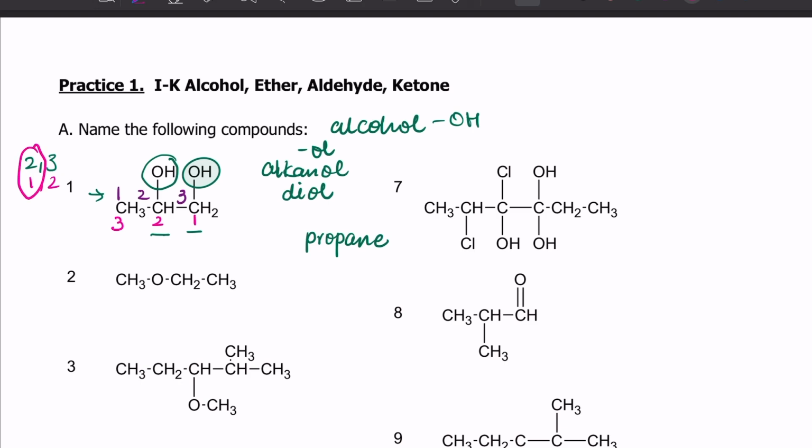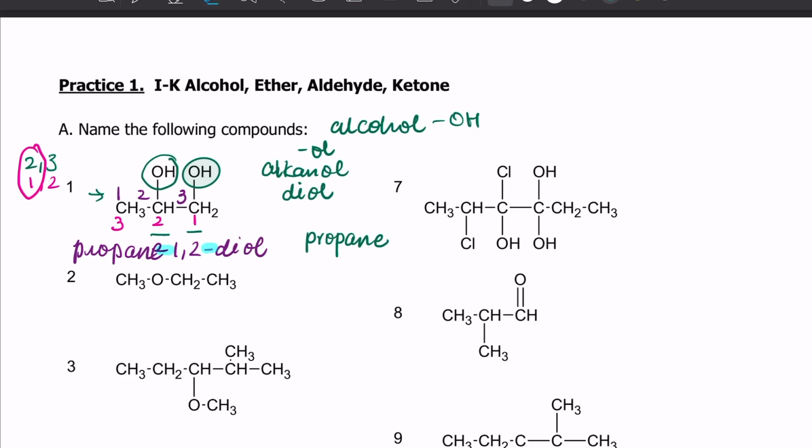So I will pick this numbering over the other one, which leads me to name this compound as propane-1,2-diol. So watch how we use hyphens when we go from numbers to words or words to numbers, and